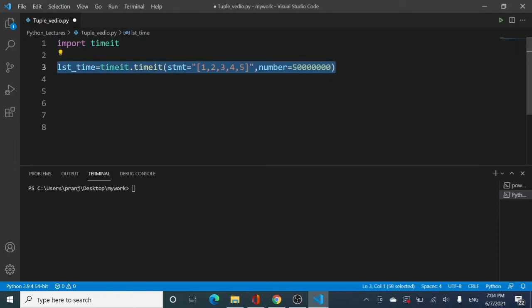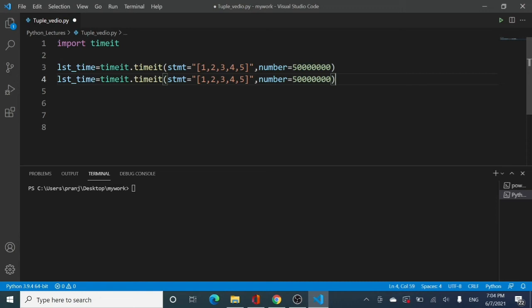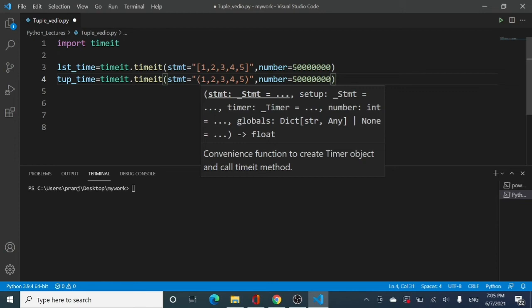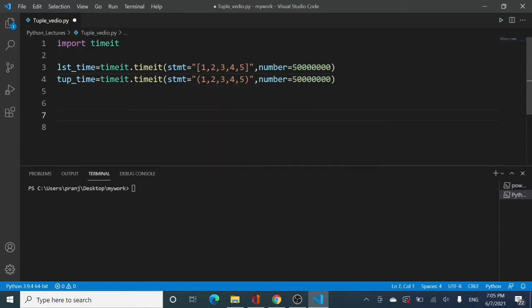Now copy the complete statement again and perform the same operation for tuple creation. So the statement will have the same values, but the packing will be round brackets, right? So it will be a tuple. Okay. Now what we are going to do is